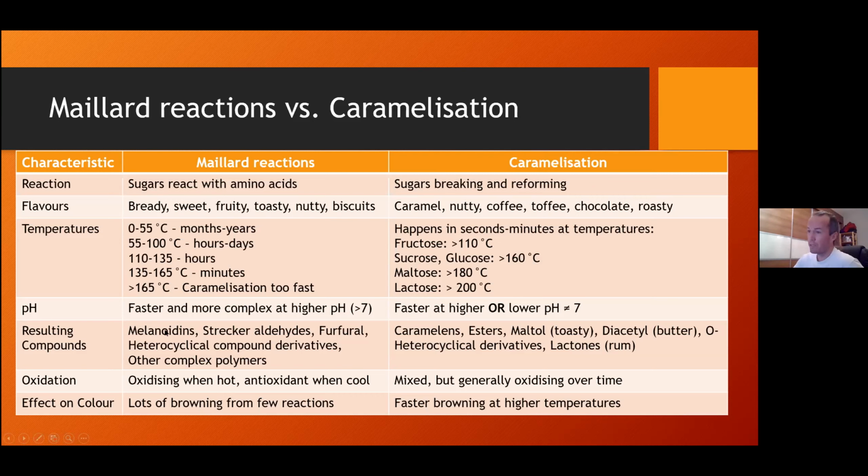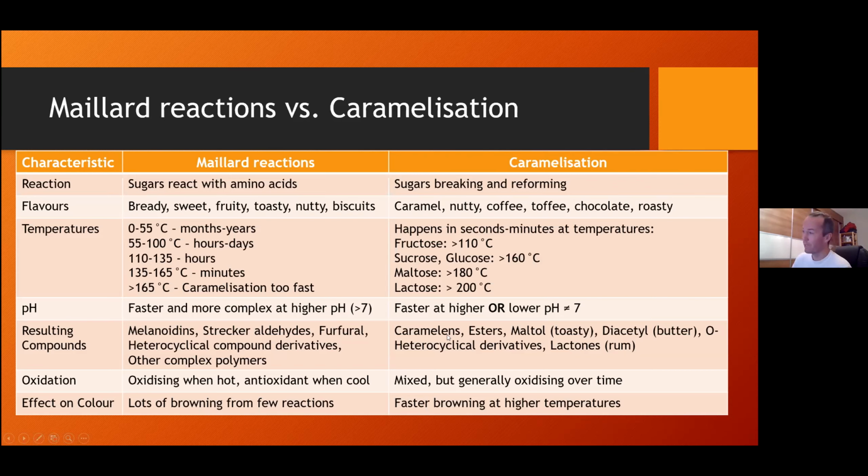The resulting compounds, this is what we're talking about: melanoidins, aldehydes, furfural, the heterocyclical compounds. It's not actually the heterocyclical compounds, it's actually their derivatives. It's something that's combined to them. The compounds themselves are actually poisonous, which is interesting in itself. There have been books about how beer is actually carcinogenic, and it's all about certain furans being carcinogenic to you, but they usually bind with something else and then create these lovely flavors that we love and call beer.